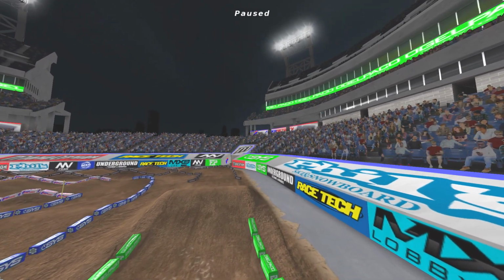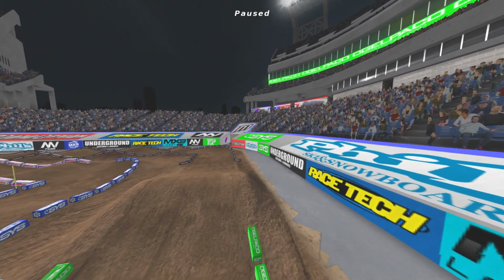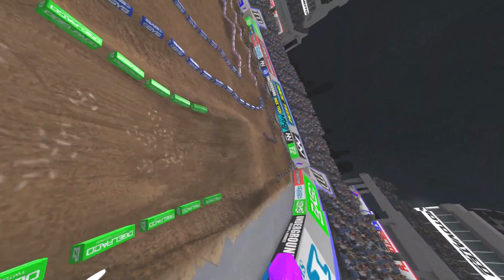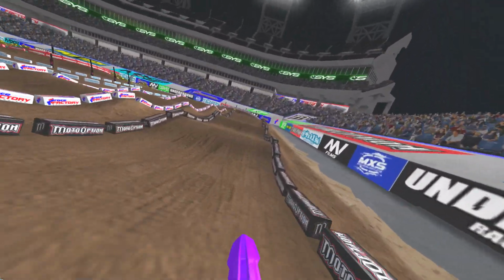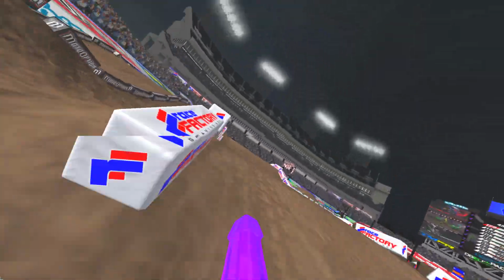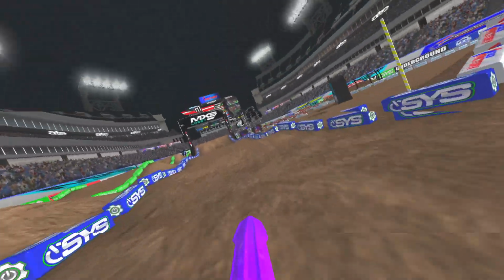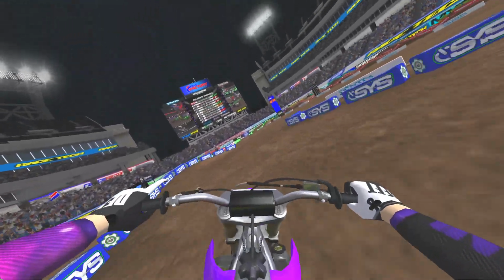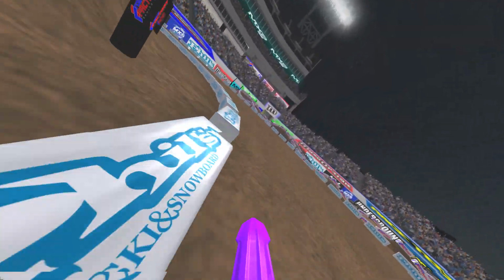That's the thing, though. That's what I'm saying. How can you expect to have the same width of a track in a video game, right, where the collision is not like it is in real life? It's not going to give you the same experience of real-life Supercross racing if the game is not exactly like real life. You have to adjust the track scaling and width of the track and size of the jumps and all this kind of stuff. Size of the whoops, size of the finish line. You got to adjust all that to make it actually fit the game,